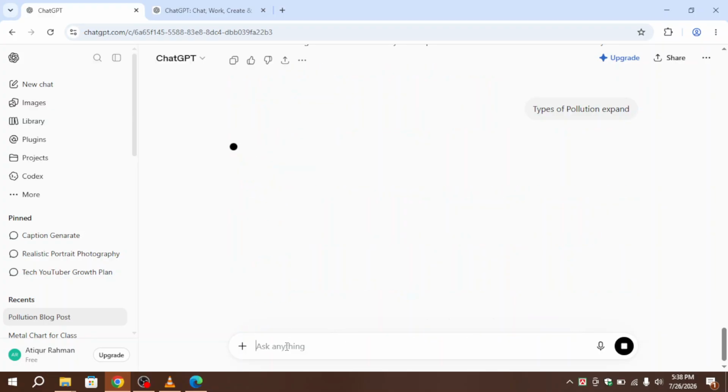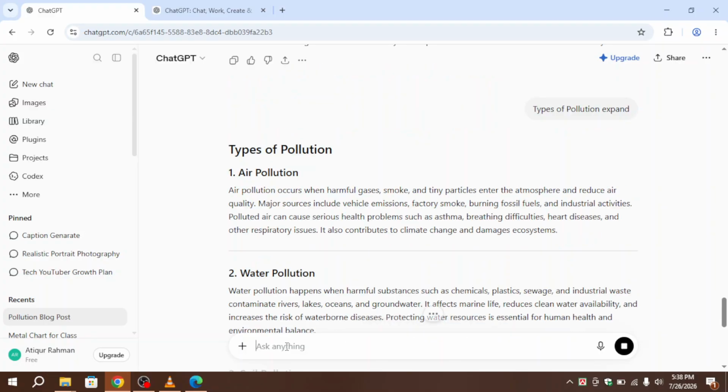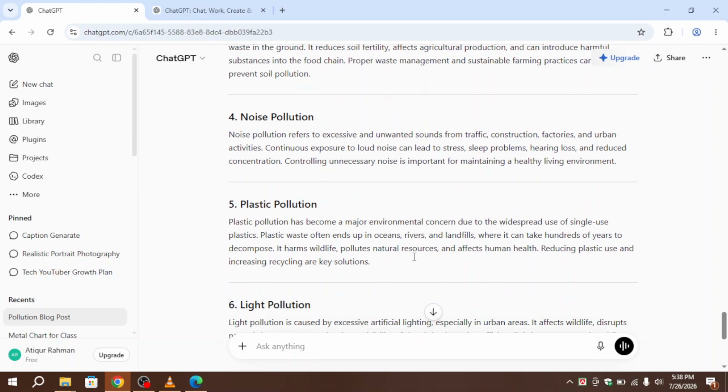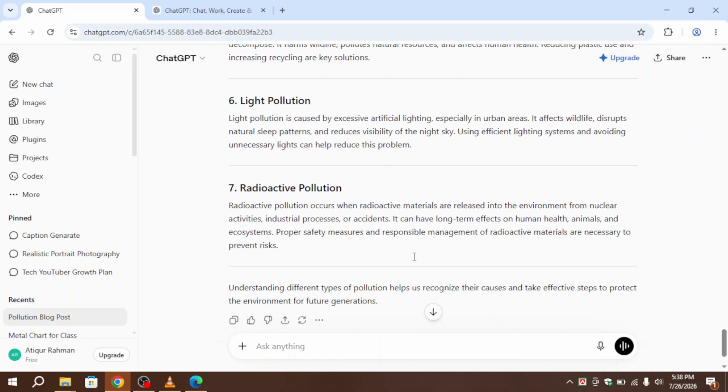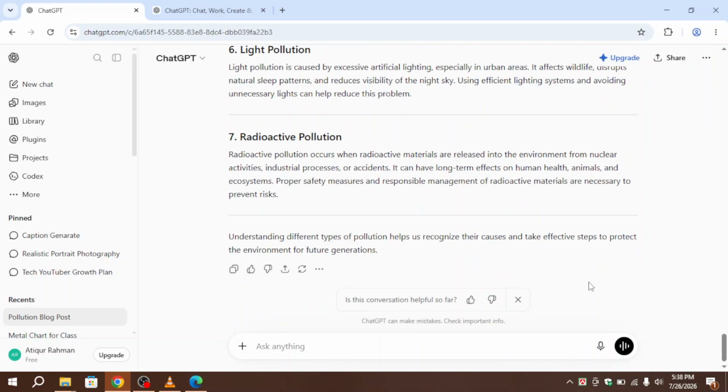Before you publish or submit your work, read through it carefully. Make sure the information is accurate, adjust anything that reflects your personal voice, and check that the final version matches your goals. A quick review helps ensure your writing is polished and original, and that's how to use ChatGPT for